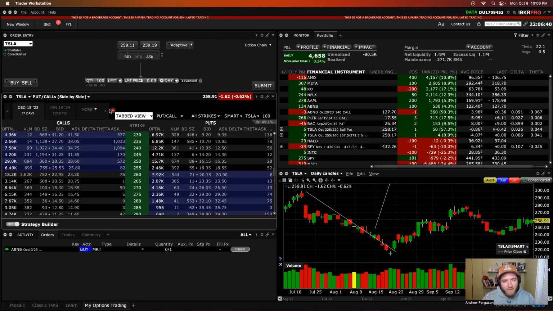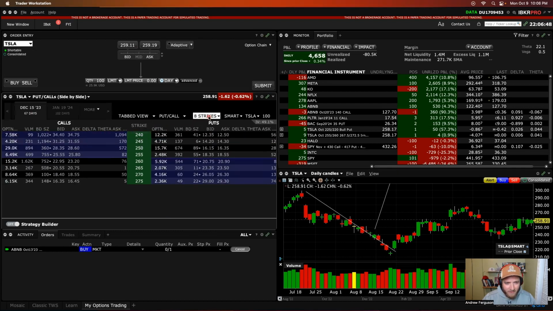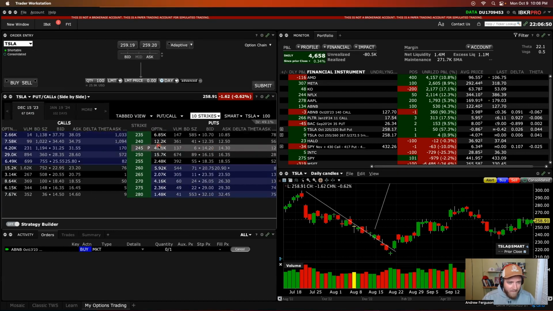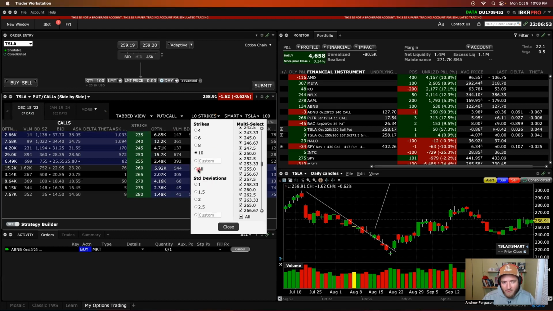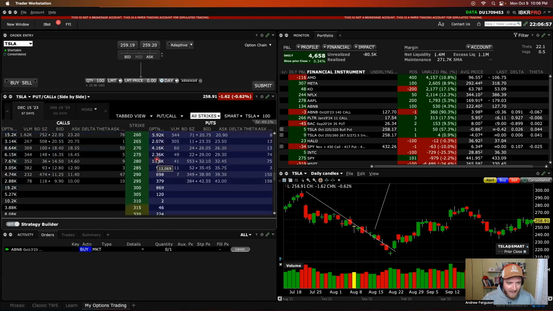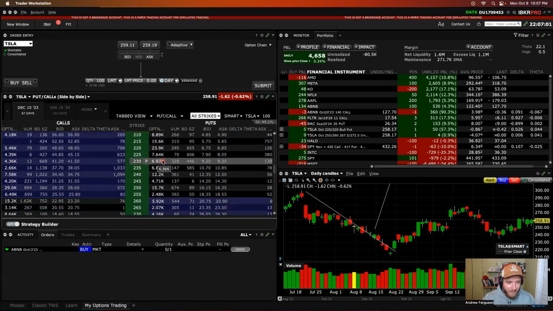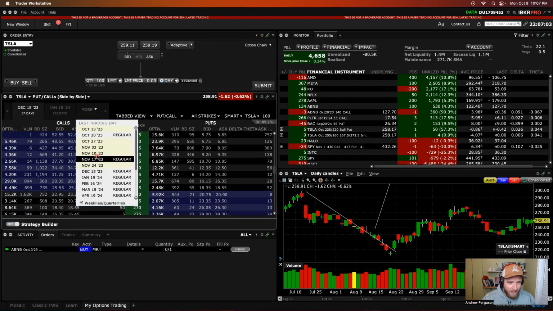And you're also able to not only change these expiration dates, but change the frequency of the strikes that are going to be shown in here by using the all strikes option, or you can use different ones like 8 or 4. You can see different areas will change if you click on different variations of the strikes that are available to you. I like to do all, just to have a constantly full option chain. I can scroll up and down and see exactly what I want to see. All the available strikes are there for me, so I can have my pick of the litter basically when I'm trading options inside the chart here,